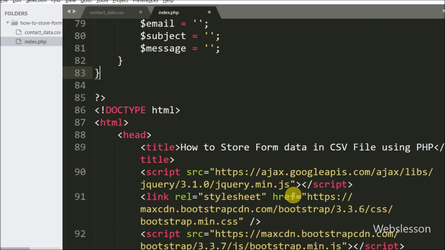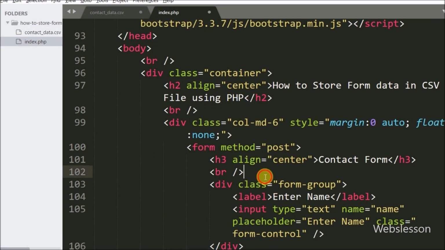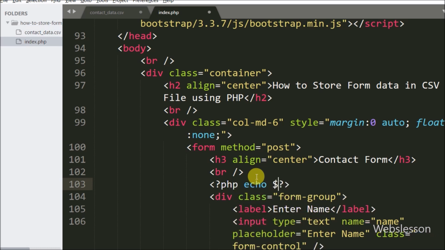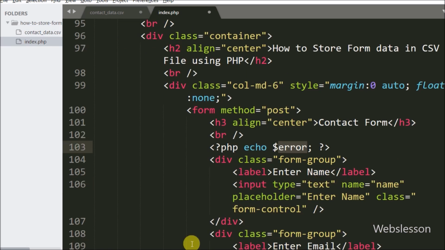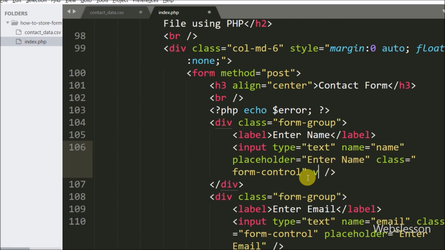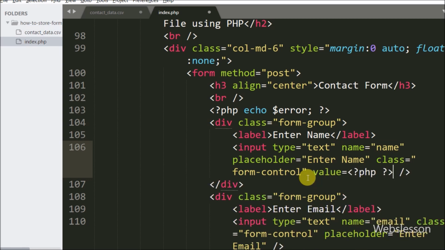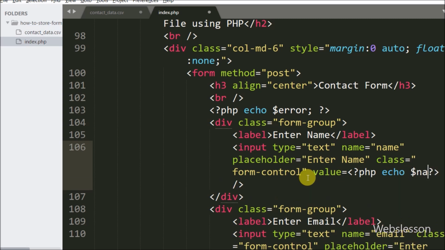Now we want to display the value of the $error variable. So here in the form we write an echo statement with the $error variable, and it will display the value of this $error variable. Then, suppose at the time of a form validation error we want to display the values in the text boxes after form submitting,